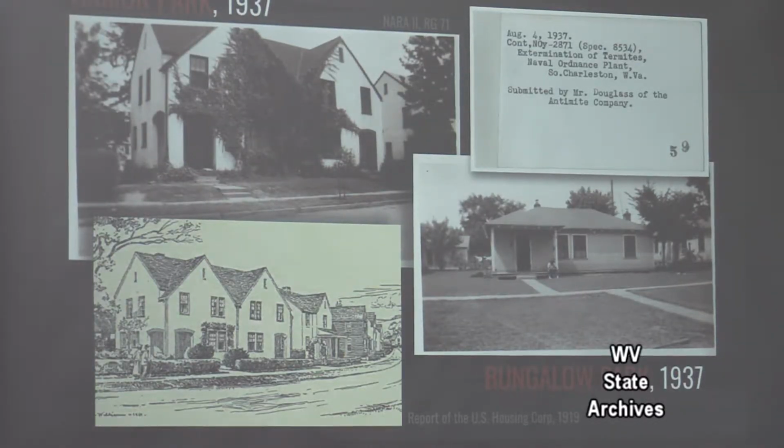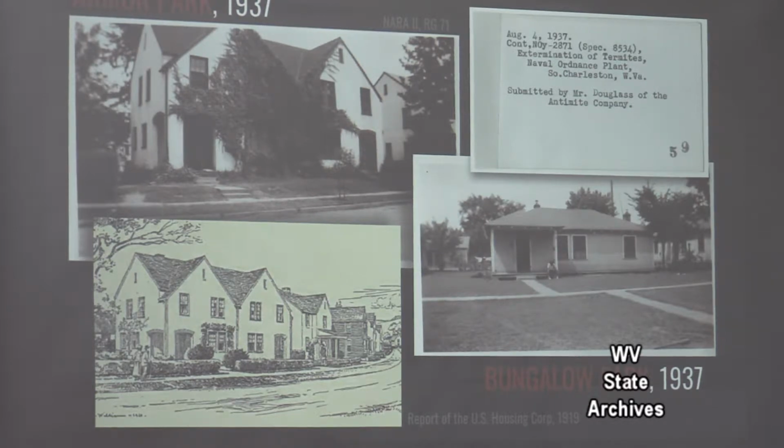Armour Park weathers quite nicely through the years. It gets some upgrades from time to time, or an occasional termite inspection under government contract, indicated by these photos from the National Archives. Bungalow Park sort of muddles along too, though it's going to get bulldozed in the late 1950s, about a decade before